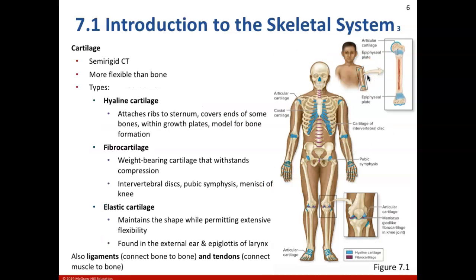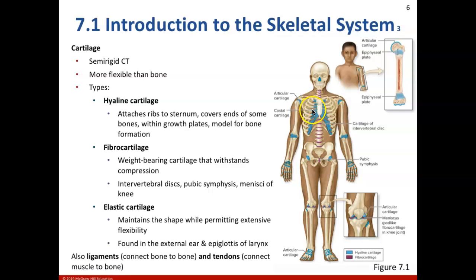We also have to mention cartilage. We discussed cartilage a little bit in our chapter on tissue organization. It is a semi-rigid connective tissue, and it is more flexible than bone. And we have three different types. We have hyaline cartilage, which you see pictured in blue here, where we'll see it in areas such as in